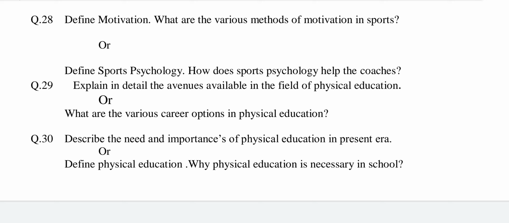Number 1, interest in sports; 2nd, perfection in any game; 3rd, develop high level fitness; 4th, checking out own mistakes; 5, good character; 6, participation in competitions; 7, adjustment ability; 8, competitive spirit; 9, knowledge of other subjects; 10, knowledge of equipments. Explain all these points in 2 to 3 lines.